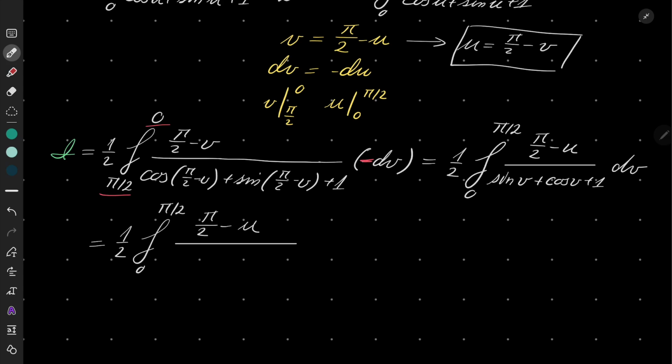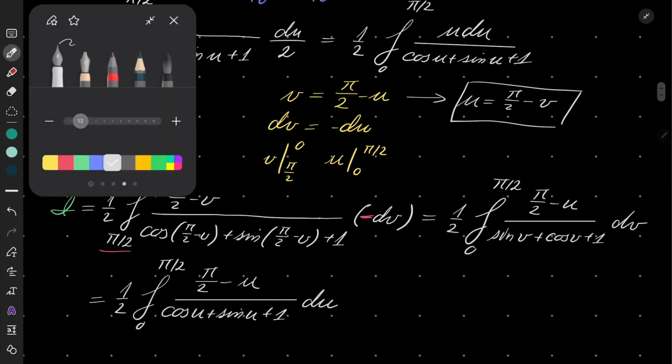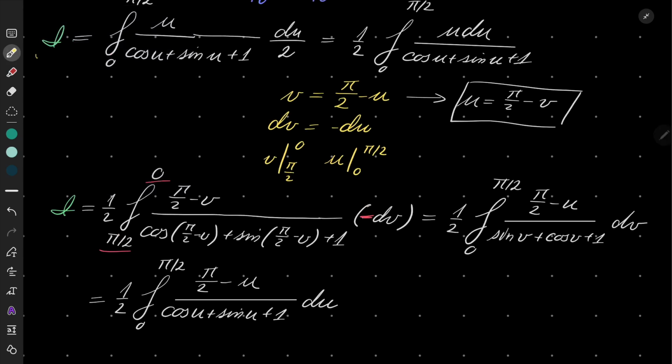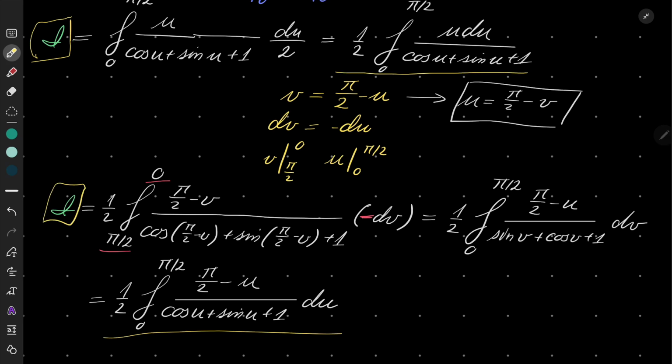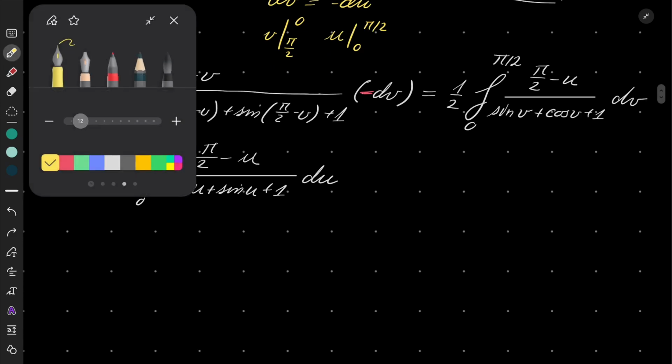So we can write integral of (pi over 2 minus u) cosine of u over (sine of u plus 1) du. Okay, very well. If you look closely, we have two different ways of expressing I. I is at the same time this, and at the very same time it's also this. So you know what, I will write 2 times I